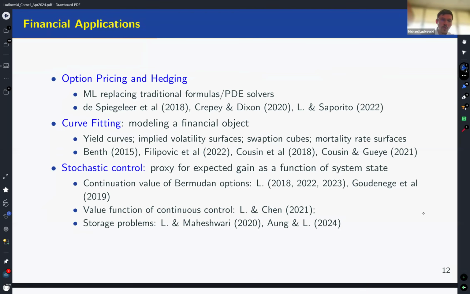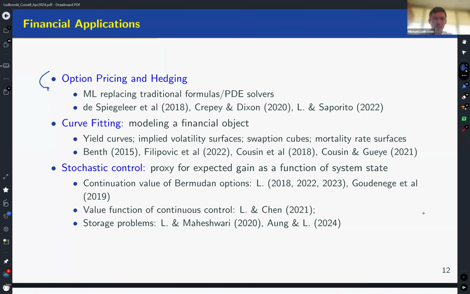Now, okay, so why would GPs come up in financial applications? Let me point out a couple of main areas. Again, in this book that we have almost done, each of those things is its own chapter. So from the perspective of option pricing and hedging, I'll go into this in the first case study. The basic idea is that traditionally, if I want to do option pricing, I have a formula like a Black-Scholes formula, or maybe I have to solve it. I have a PDE solver which can solve my Heston